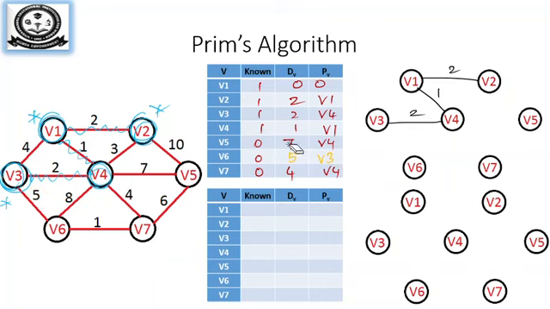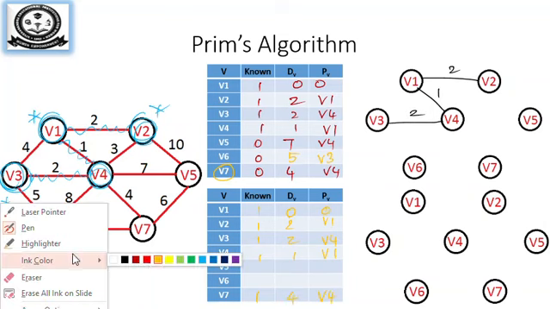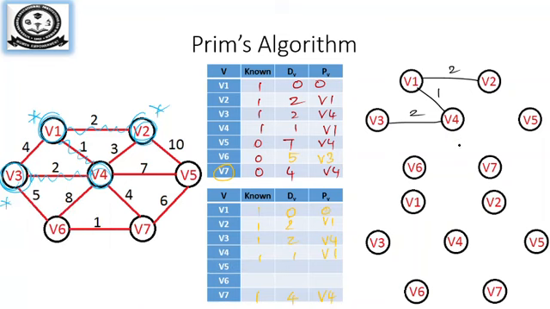So the next vertex to be chosen is the one having minimum distance. You can see V7 is having minimum distance. So let me write the other vertices as the same, 1 1 1. You will have 0 2 2 1. It is 0 V1 V4 V1 and the next vertex is going to be 7, V7. So its distance is 4 and its previous vertex is V4. So let me choose the vertex over here. It is from V4 to V7. The distance is 4.